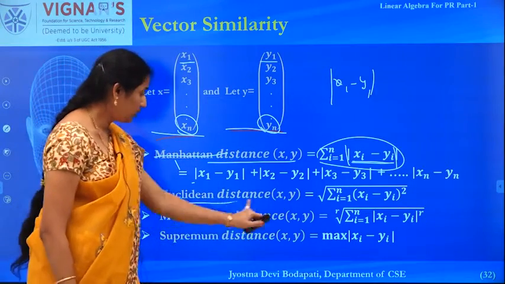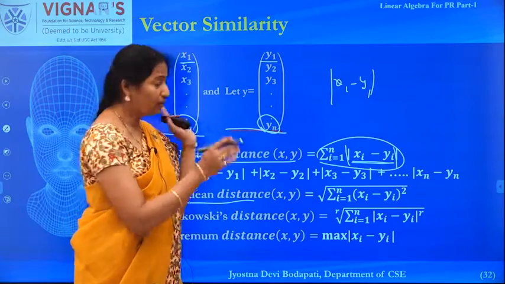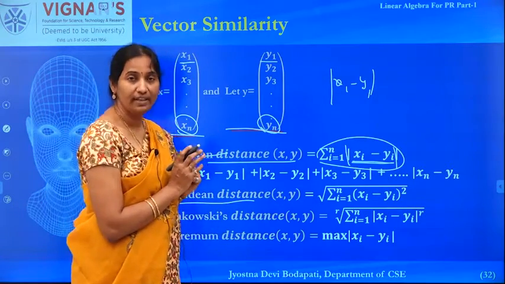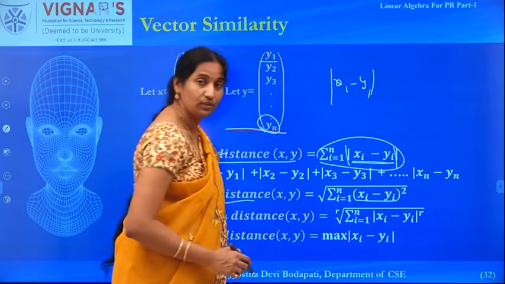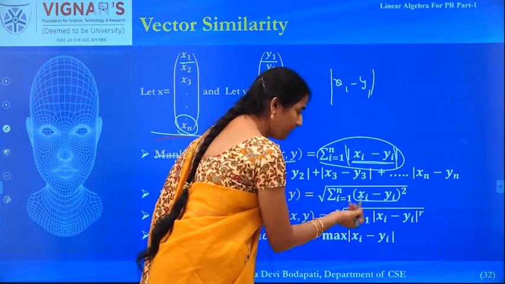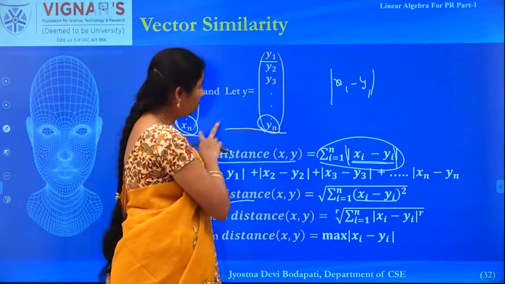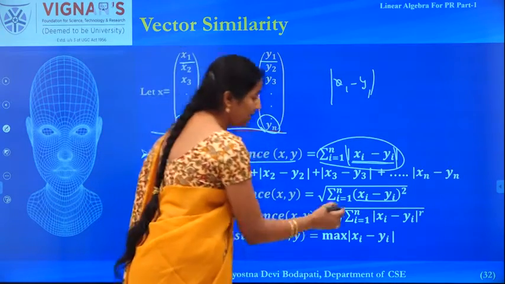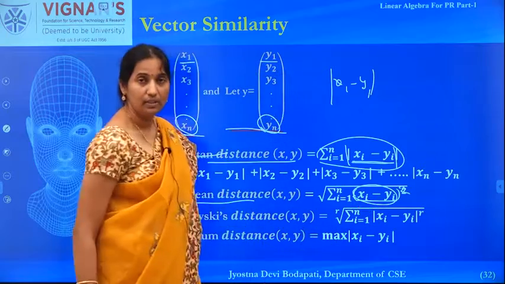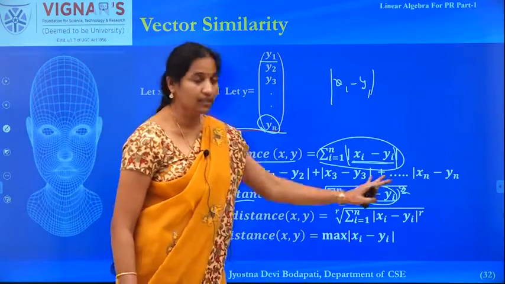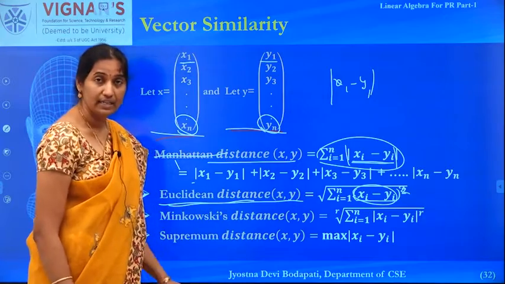And now let us see what the Euclidean distance is. It is similar to the Euclidean norm except that you are extending it to two different vectors, because there are two vectors involved. So you need to take the difference between the two vectors. The individual elements' differences are taken, you take the square of that, sum the result, and then take the square root of that. So that gives the Euclidean distance of the vectors x and y.